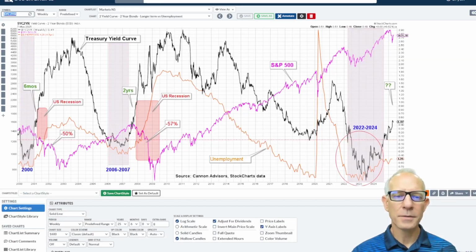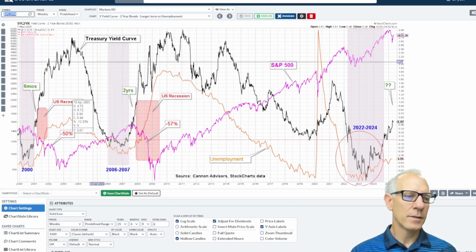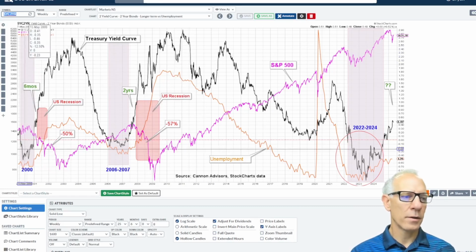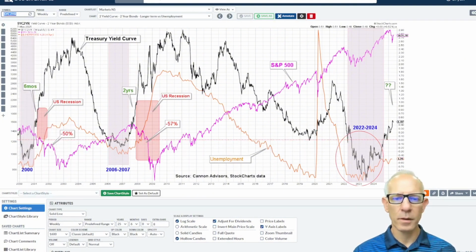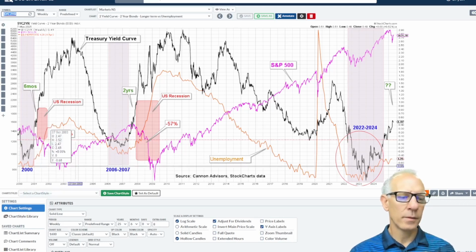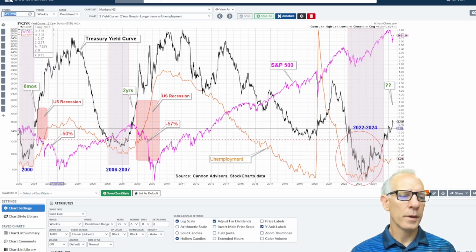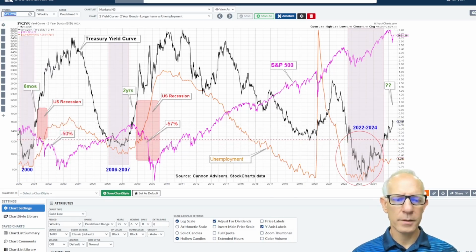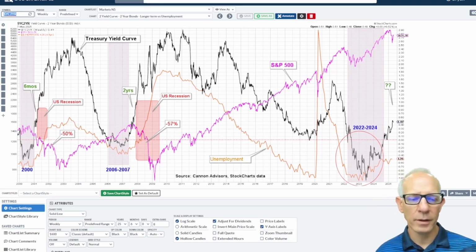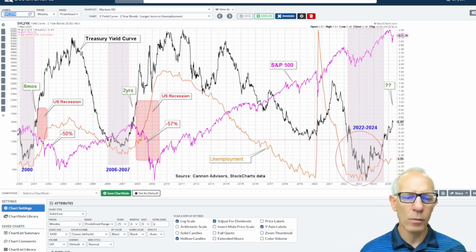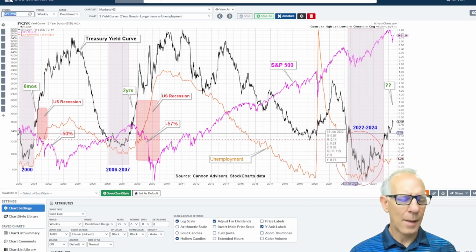All right, and this last chart kind of looks like spaghetti soup, I know, but this is the Treasury yield curve. The black line represents the relationship between the 10-year and the 2-year Treasury. It's put in the backdrop or compared against the S&P 500 in the pink and unemployment in the orange. I really like this chart because it tells you a lot about